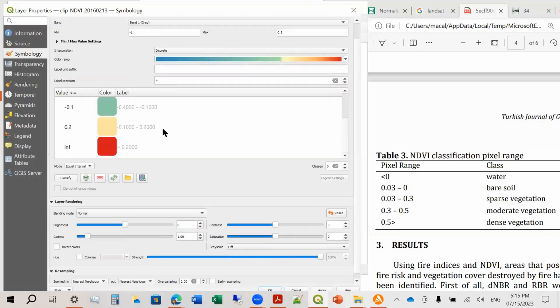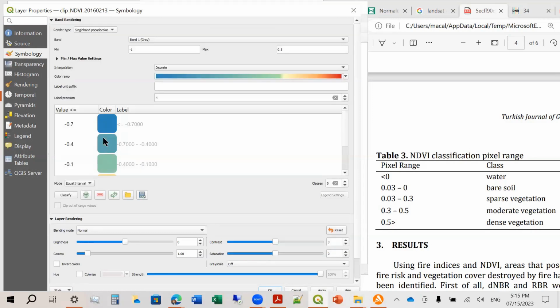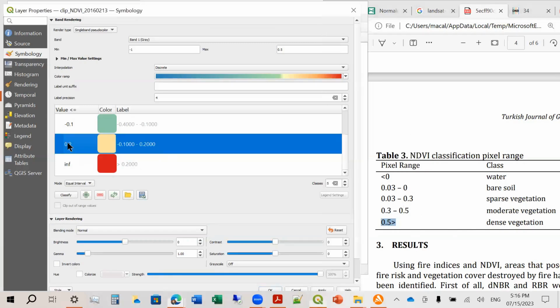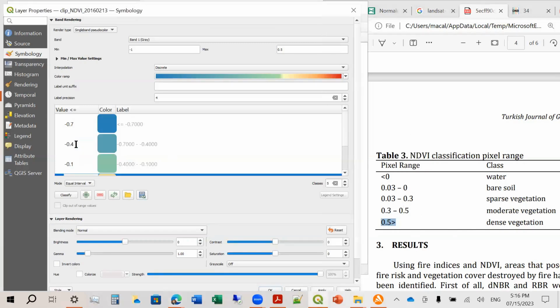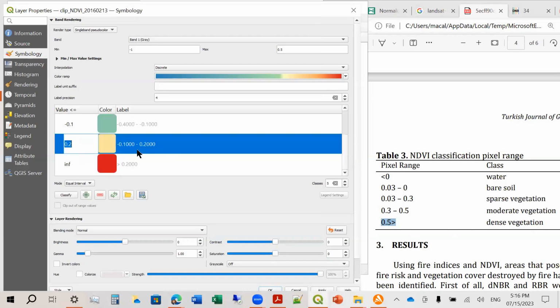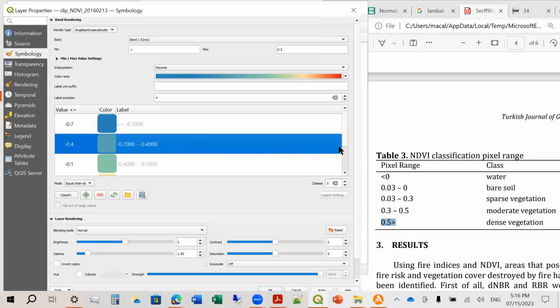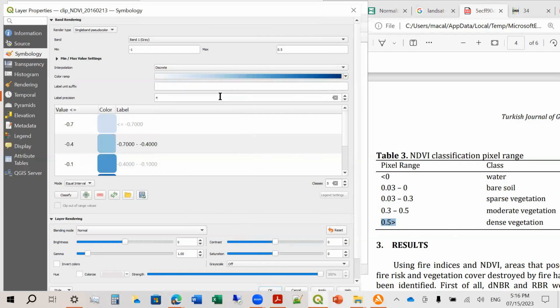Okay, so discrete means these values, these are the ranges of values. Okay, so let's do that again. So red is if you want to be greater than 0.5, so that means we choose this to be, sorry, the orange part. Okay, so let's remove this. No, no, no. Let me just reset these values now.